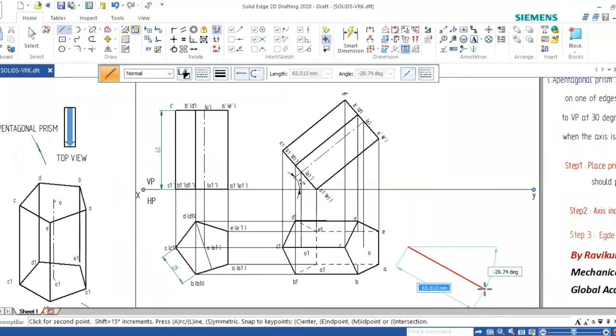Draw 30 degree line here. Then say suppose 60 mm line and angle minus 30. Okay, once you draw 30 degree inclination, next step,